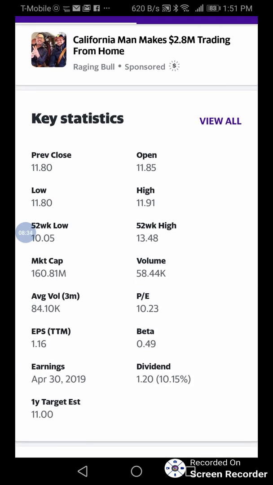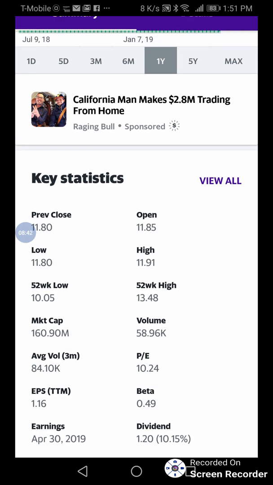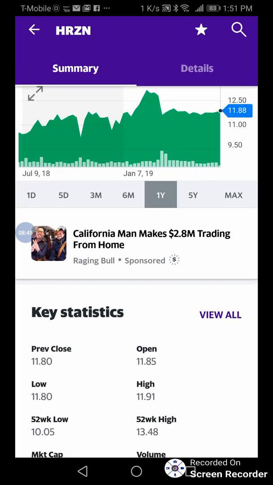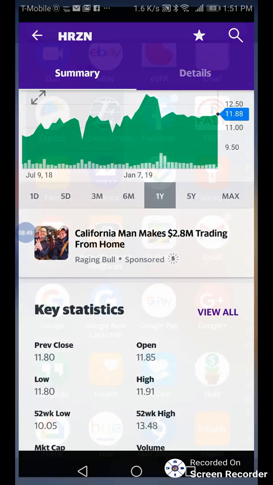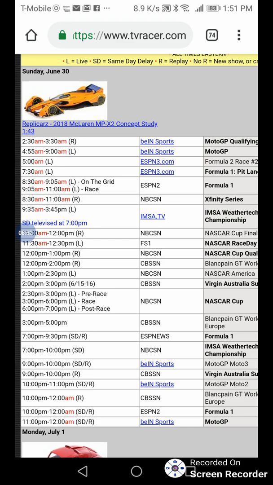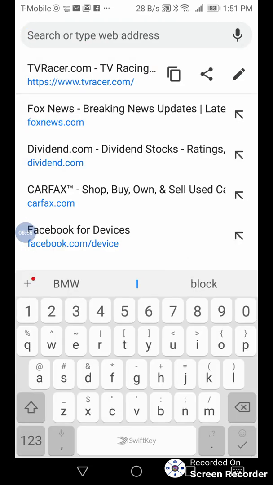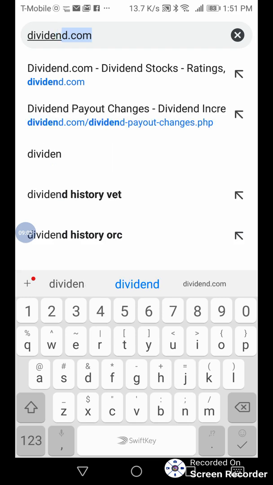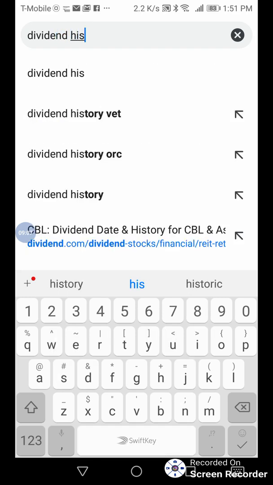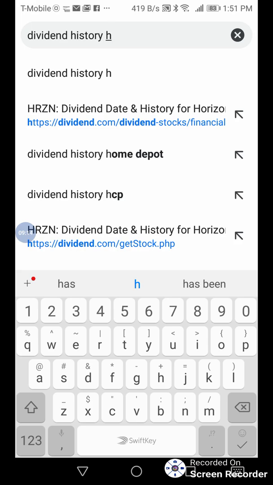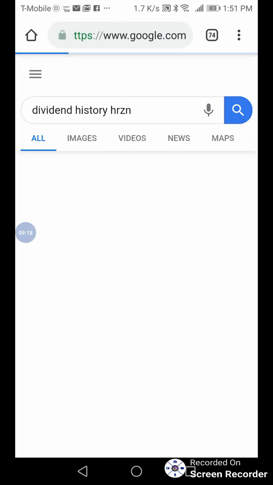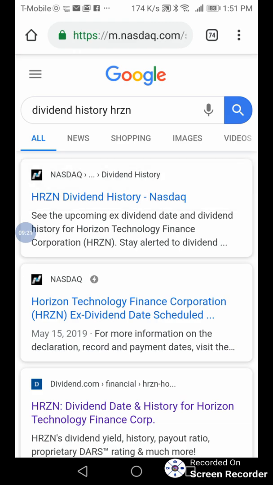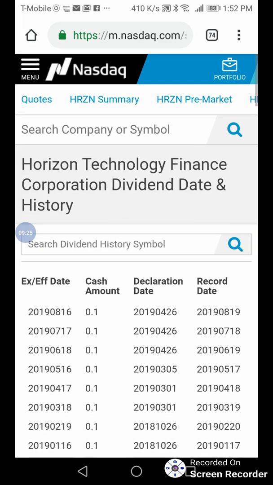So you just keep doing this till you look through the stocks and see what you want. You might want to know how long they paid dividends, which it says back in the dividend screening. But if you want to do a little bit more search, we can bail out and we'll actually go to Google and we'll search on dividend history. You put the stock symbol in, HRZN, and hit go,